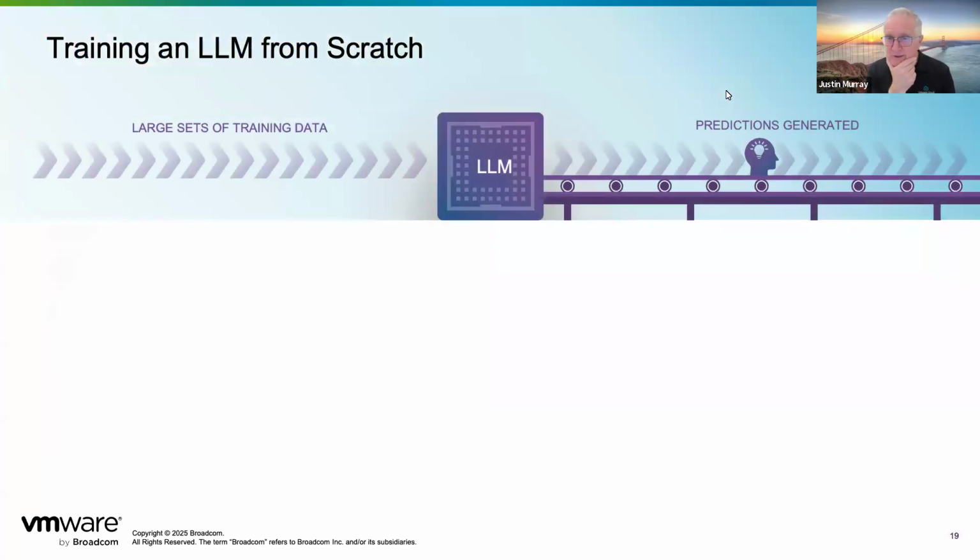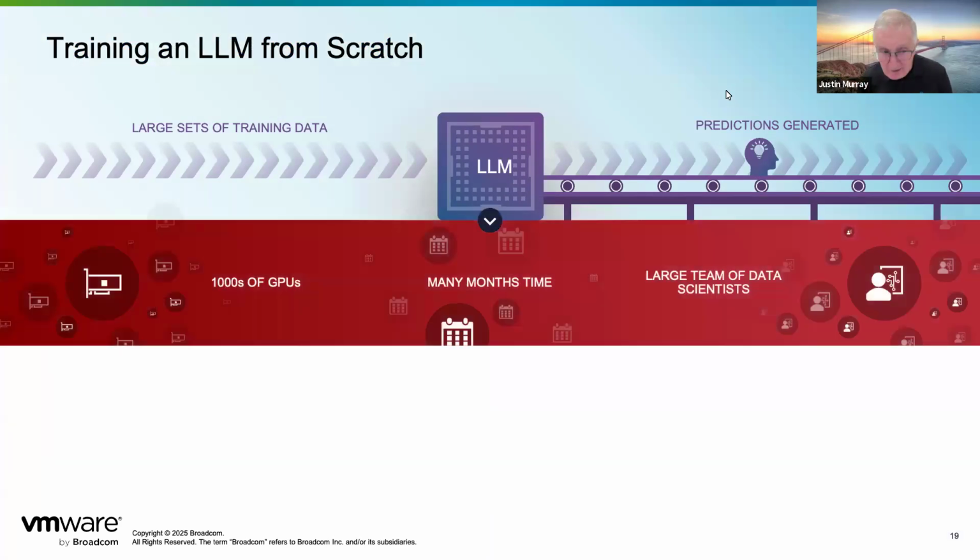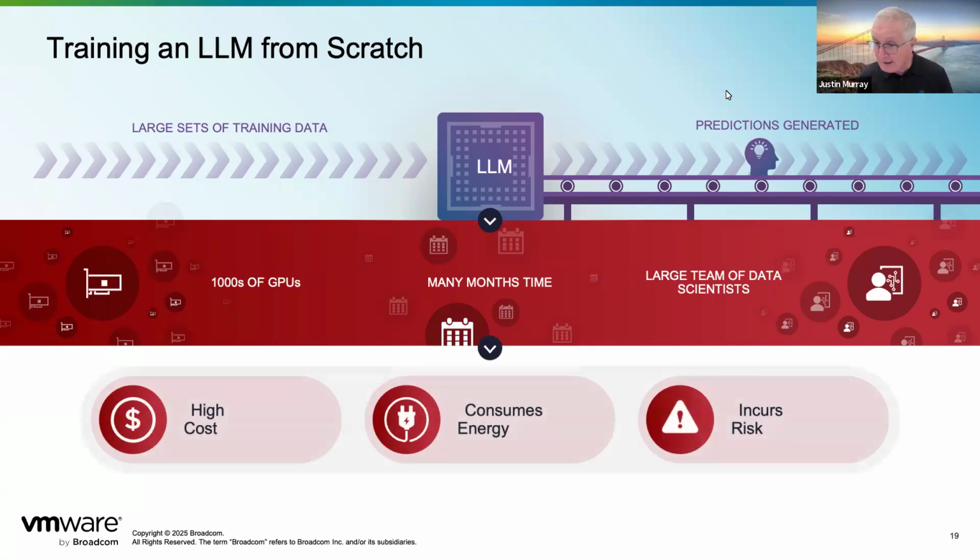Okay, so the reason why we're not advocating training the model at a foundation level from scratch is because it takes thousands of GPUs, months of time, a large team of data scientists. You can read about this in the white papers that these folks have written. Microsoft and Meta have written white papers about their work here. And actually, you can come up with a model at the end of all this that isn't very good if you're not very careful and skillful. So high cost, consumes a lot of energy, and there's a high risk here. Not something for the faint of heart.